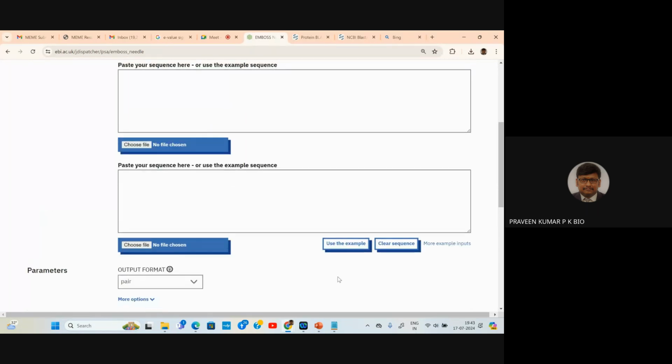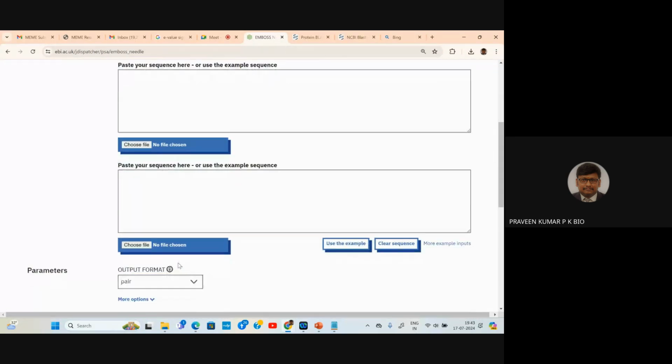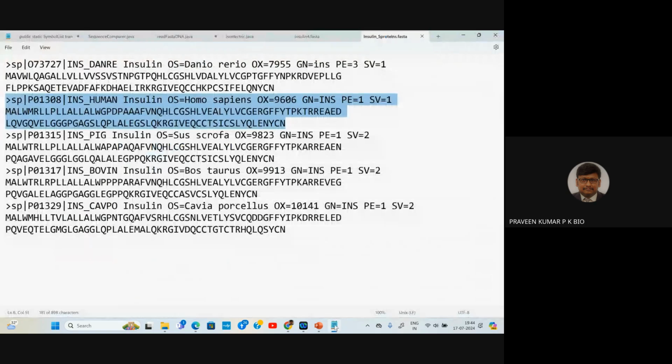Okay, you will be getting output instantly, no doubt in that. But you have to paste the two sequences. Either you have to paste or you have to upload two different sequences in FASTA format. Okay, I already have a sequence